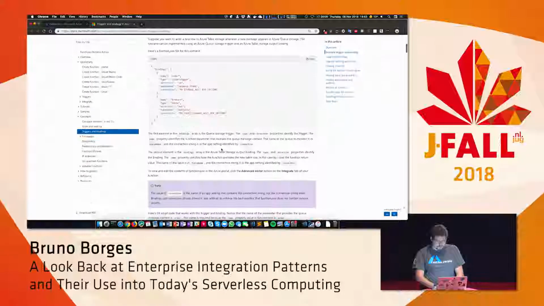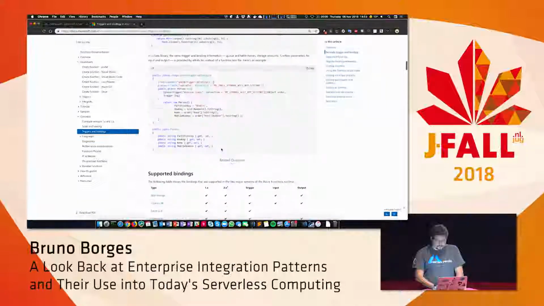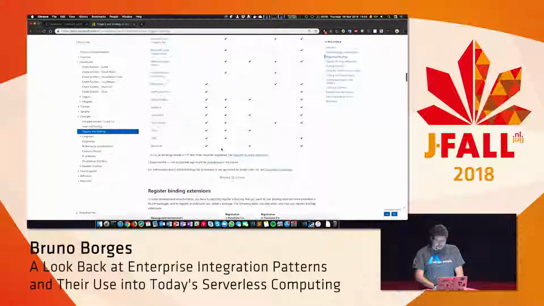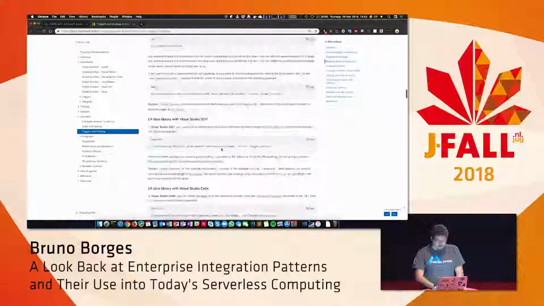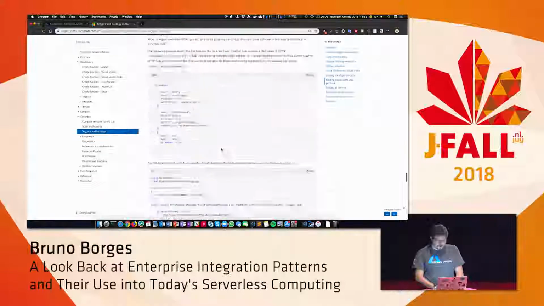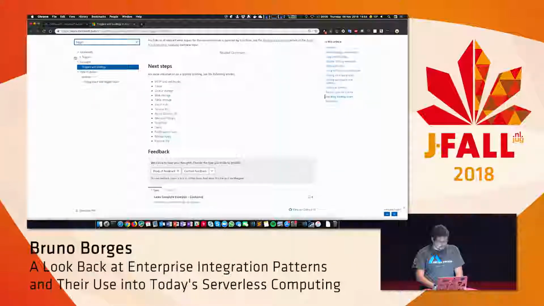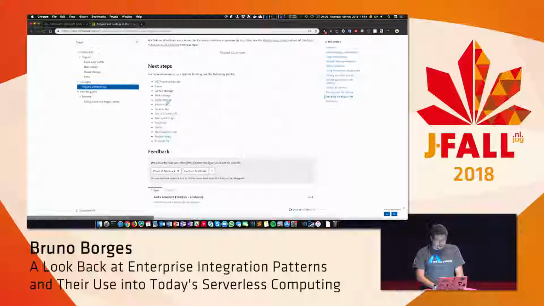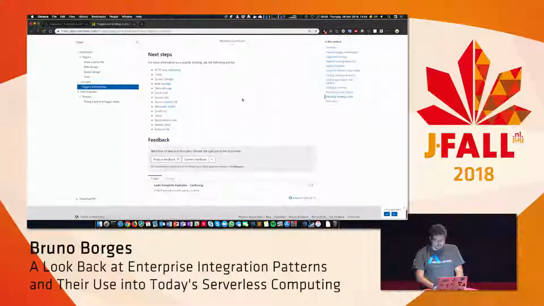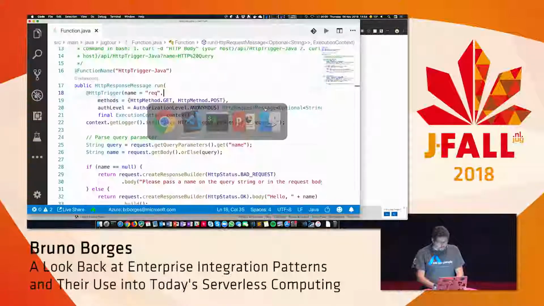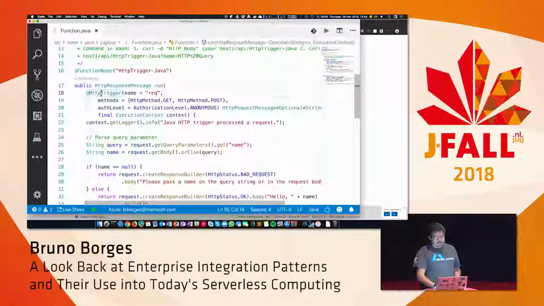There you go. Yeah, these are the bindings, not the triggers. Oh, just these are quick starts. Anyways, I think these are the triggers that we have right now. Anyhow, if you want to bind an event, an HTTP event, this is how you do it.